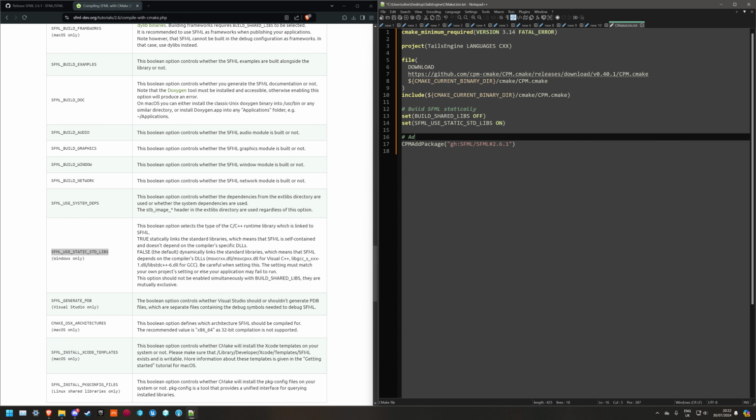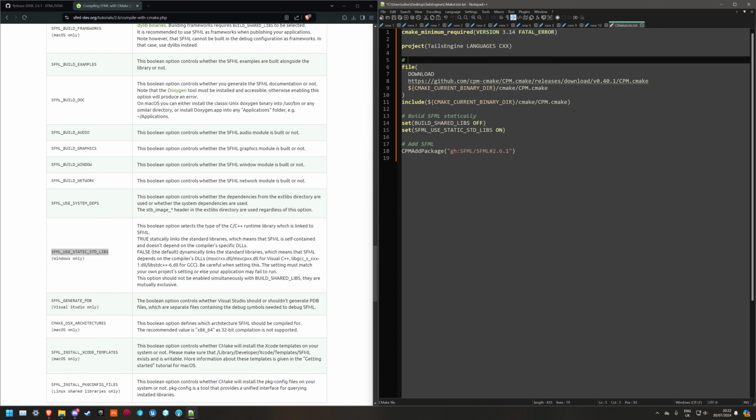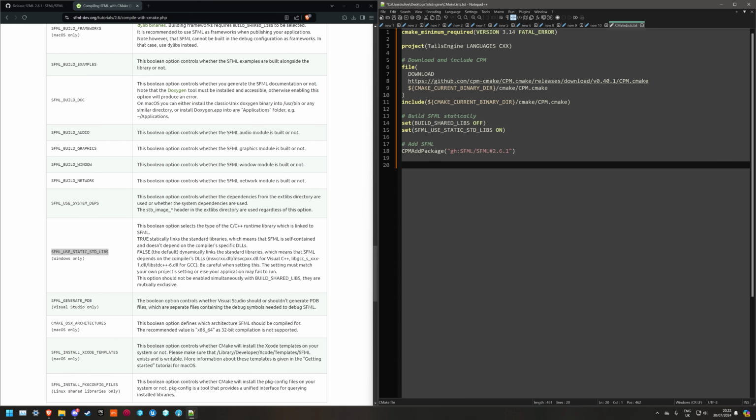And then add SFML. This I'm going to call download CPM. Download and include CPM. Okay, so now we're going to have SFML downloaded, and it's going to compile statically and